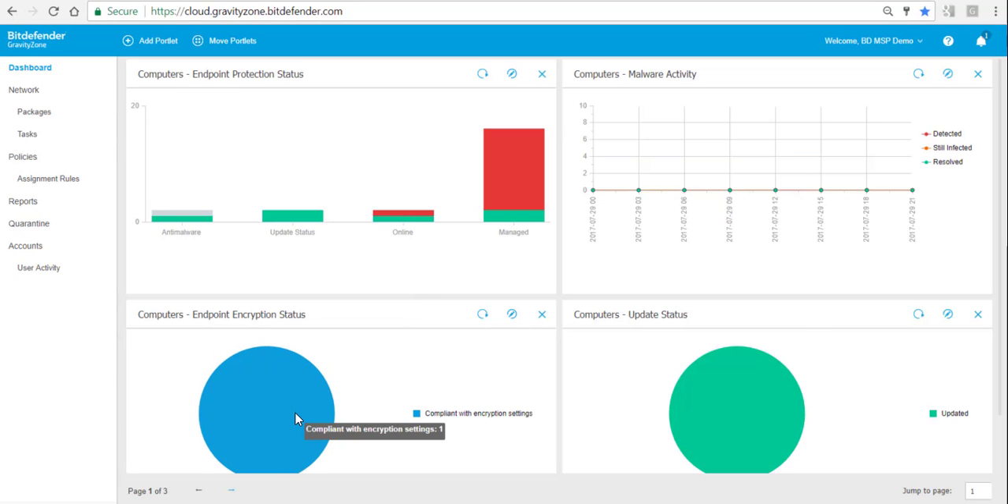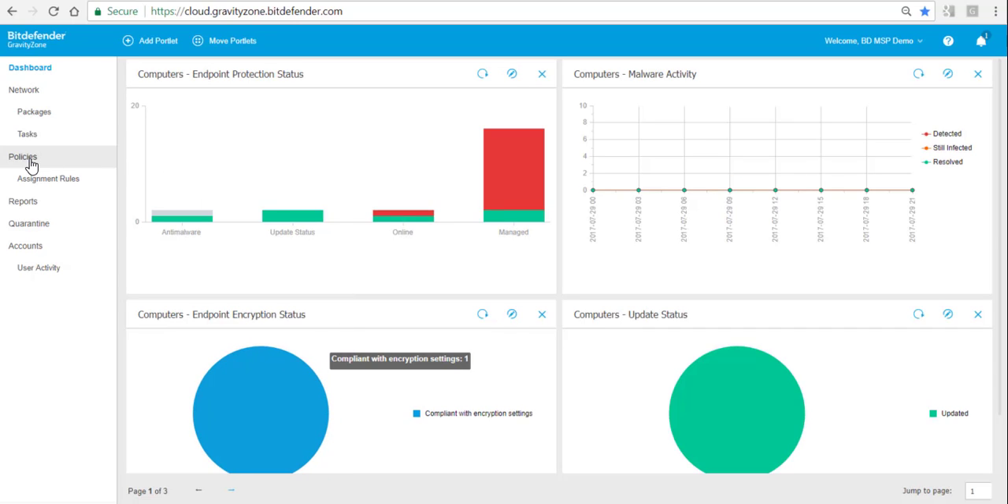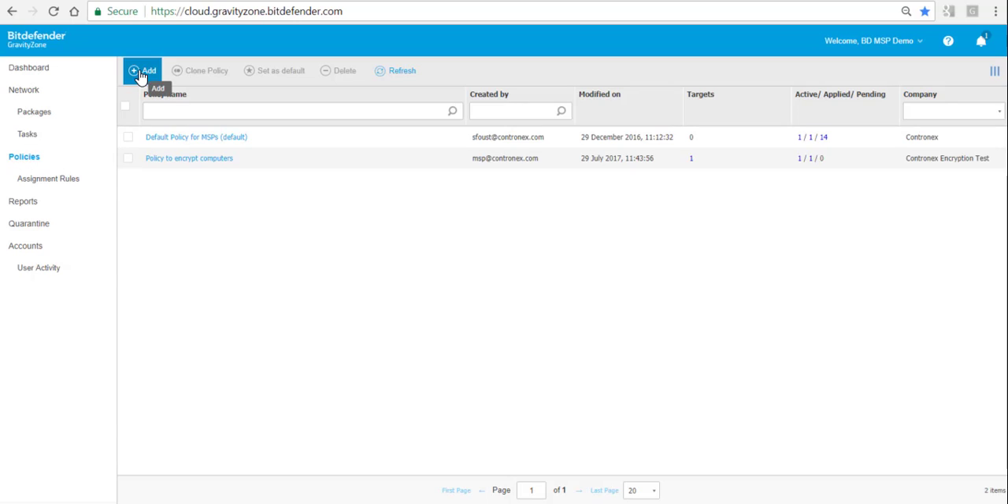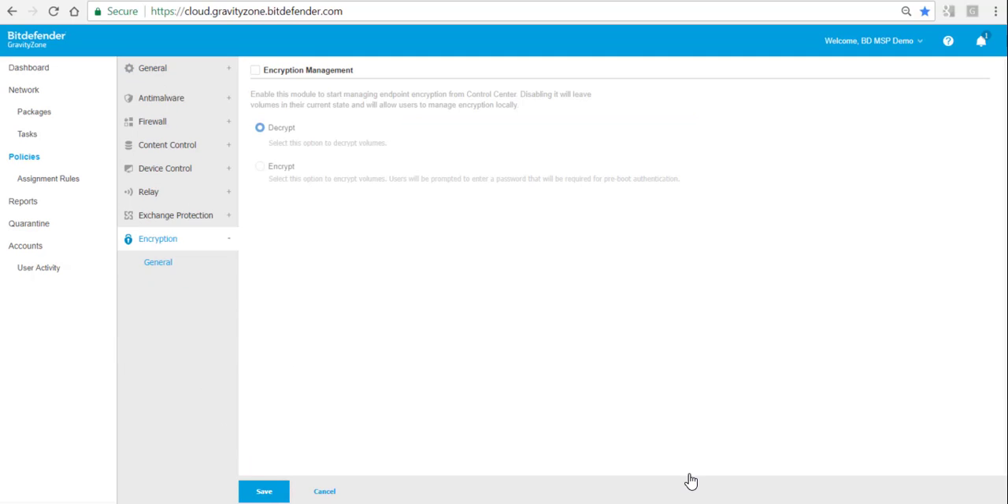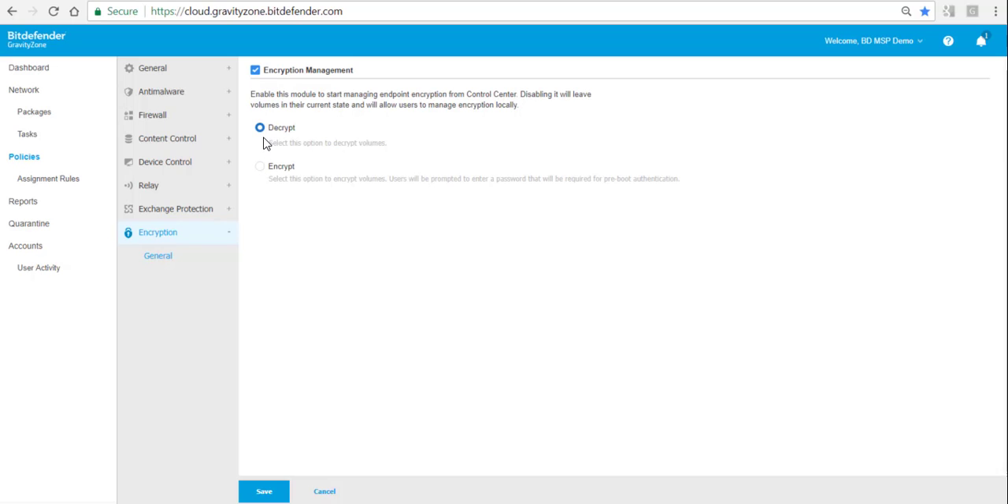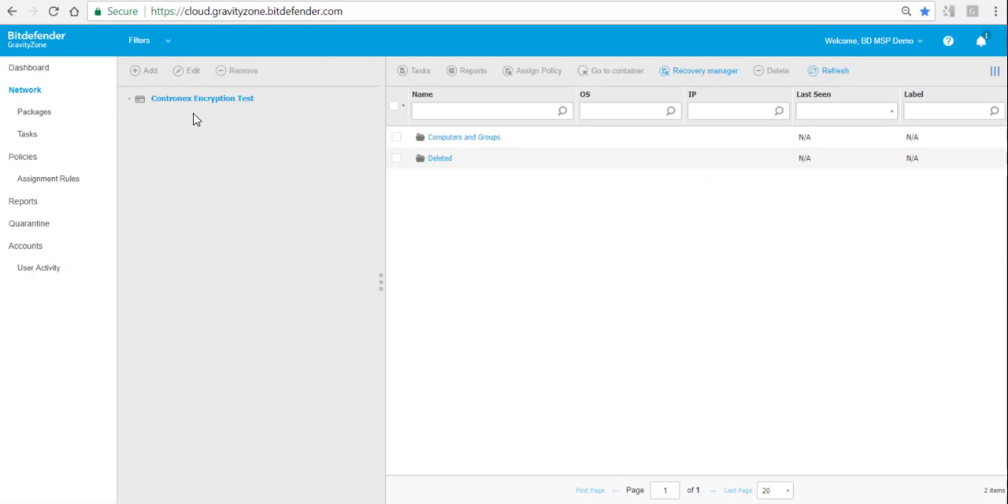If we go back to the dashboard, we can add a portlet where we see how many compliant and encrypted devices we have. We can then simply click on it to get more information. Now let's talk about decrypting a drive again. We basically have to add just a new policy again. So we're going to call this policy now policy for decrypting the computers. And we again choose encryption. We activate the encryption management and select decrypt. We save this policy. We go back into the network, find our endpoint that is encrypted,